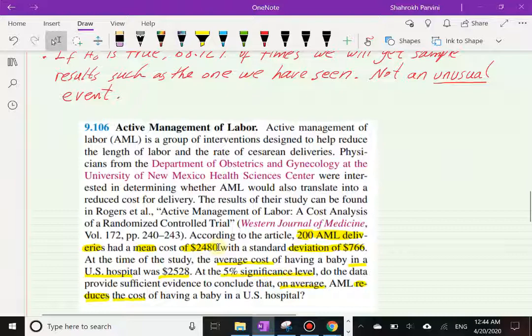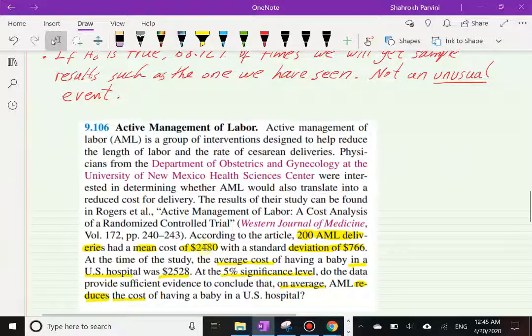Now, this will be X bar, wouldn't it? Because the $2,480, that average cost, has come from 200 deliveries. So this has got to be X bar. And the standard deviation would be S. It's coming from those 200 AML deliveries. So n is 200, X bar is 2480, and the deviation here as S would be $766. And again, the ratio of 766 to 2,480 is rather large, which kind of tells me that average is not really a typical